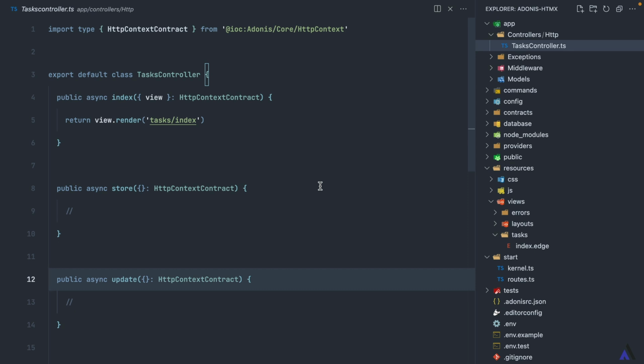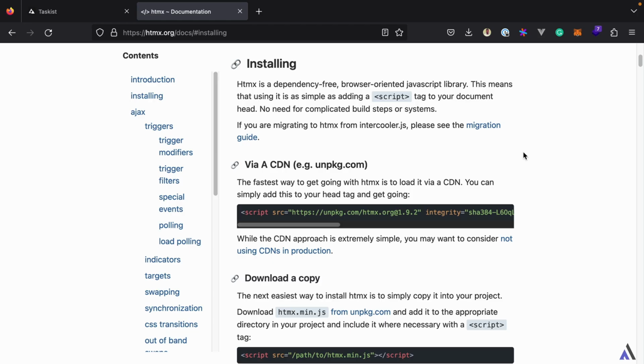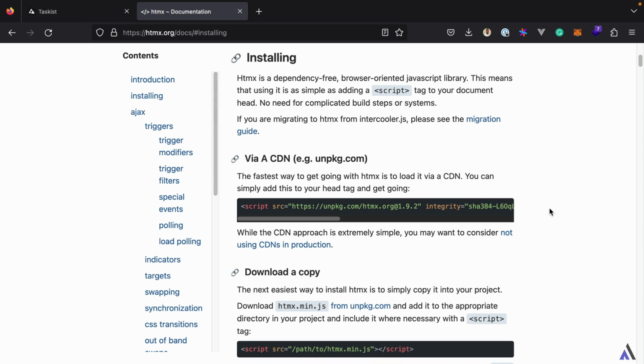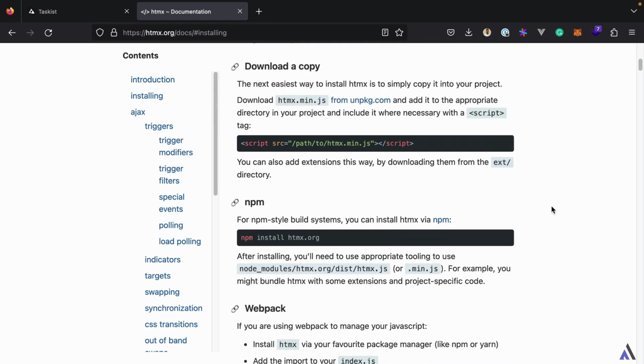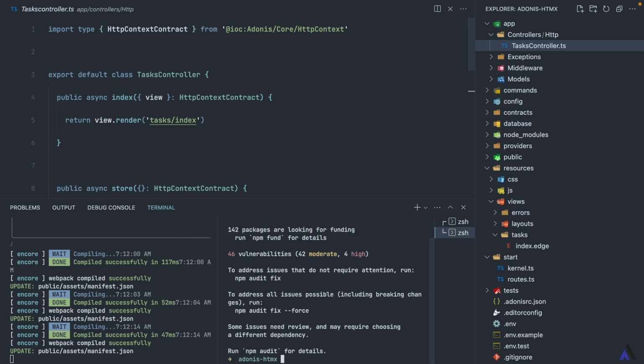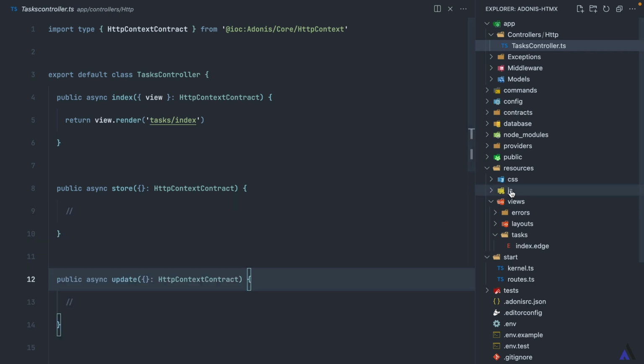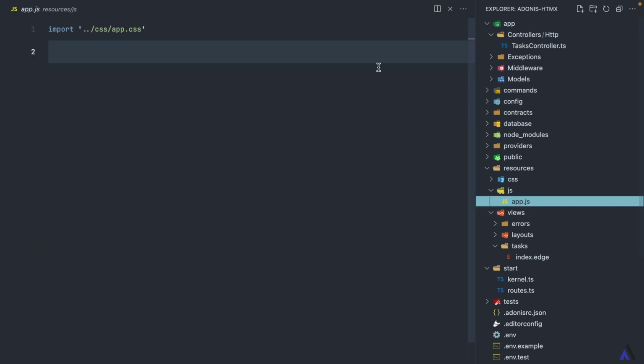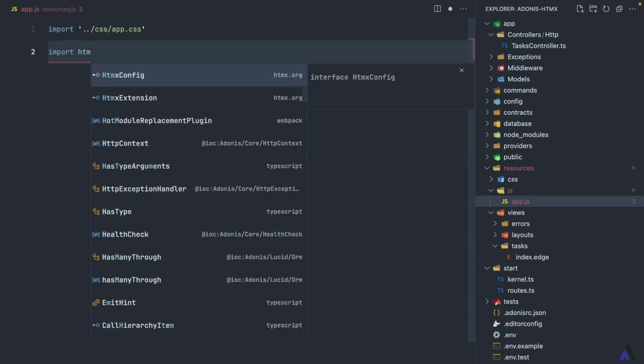And we are going to start with installing htmx. There are a couple of ways to install htmx, as you can see from the documentation. But in our case, we'll be installing it via npm, since our application already has Encore configured. So I'm going to grab this. Once that is done installing, next we'll import it inside the app.js file. Import htmx from